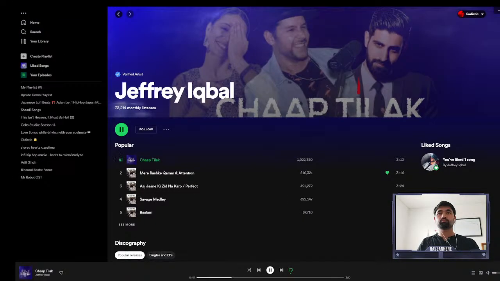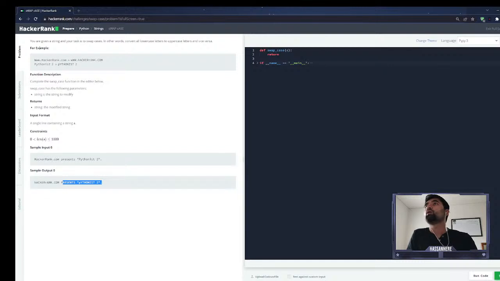So yes, our first problem is: you are given a string and your task is to swap cases. In other words, convert all lowercase letters to uppercase letters and vice versa. For example, this will